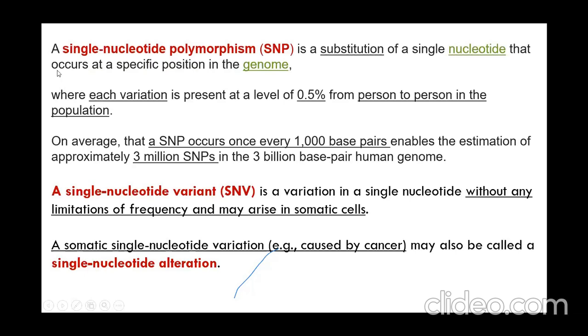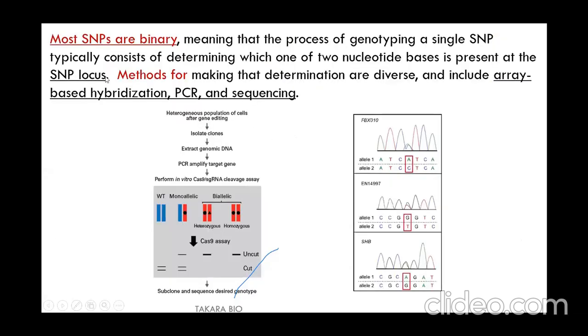Furthermore, a little bit more for your 2 mark and 4 mark questions. A SNP is a substitution. I'm talking about a point mutation of a single nucleotide in the genome. Percent variability is there. For example, if you take 3 billion base pairs of my genome, I will have 3 million SNPs compared to you or compared to a specific population. Read a little bit more into what variants are, and look into our general understanding.